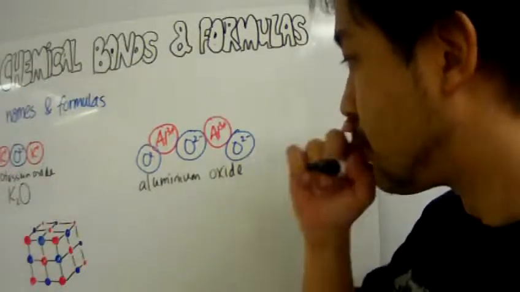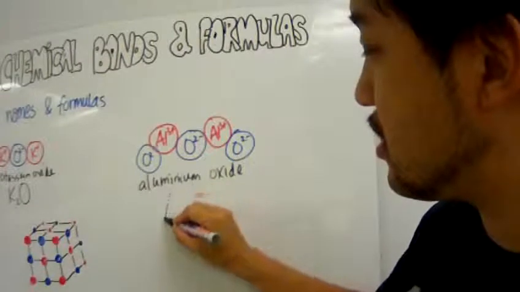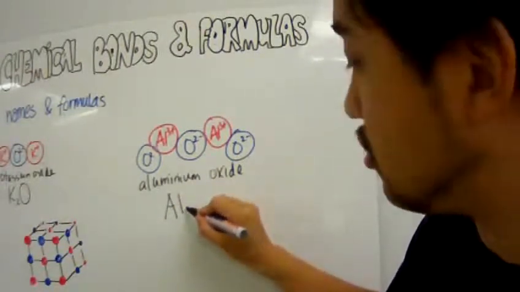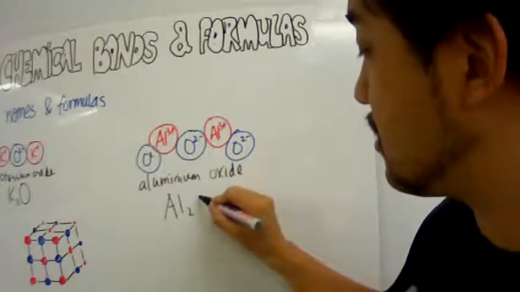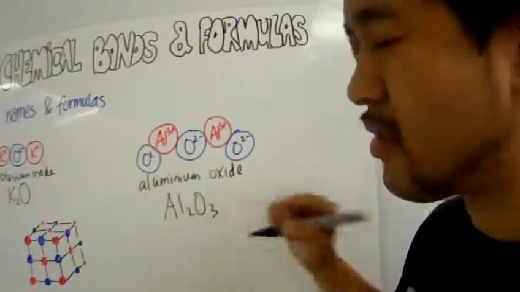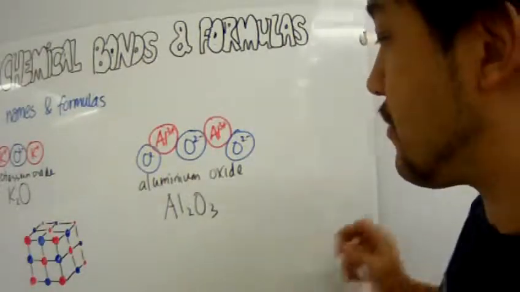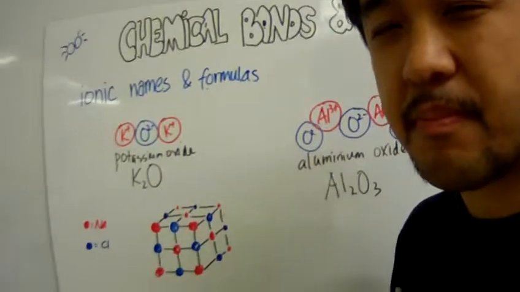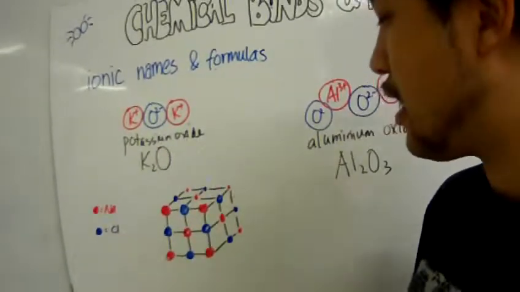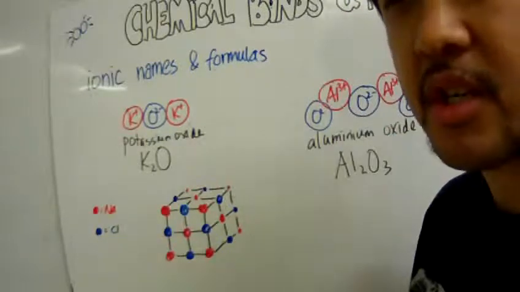Now, we can see through this diagram that there are 2 aluminums, so Al2, and there are 3 oxides. So there you go. And that's the formula, Al2O3. You could, I don't think I've ever seen paper questions on this before, be given a crystal structure, picture,